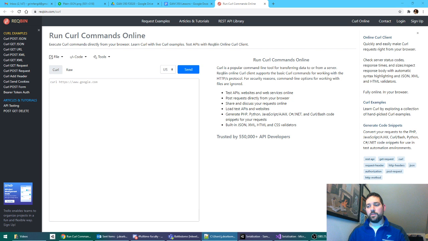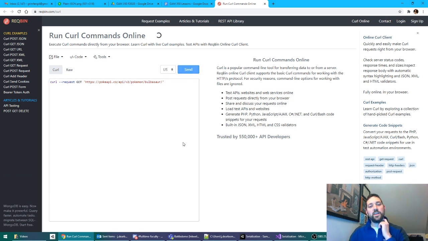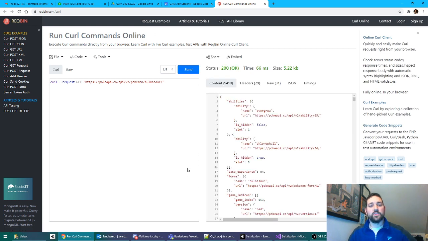So here's a particular website, pokeapi.co, and it provides an API that gives you information about Pokemon. So I've put in Bulbasaur as part of this URL, and this is how this particular RESTful API communicates what I'm looking for. I'm sending a GET request, so it's requesting information from the website. I can send this out and see what the response looks like.